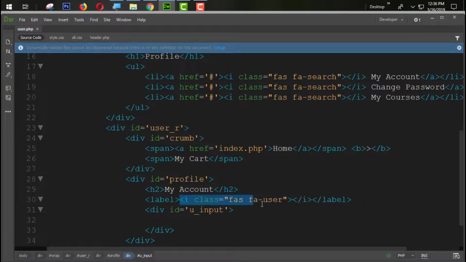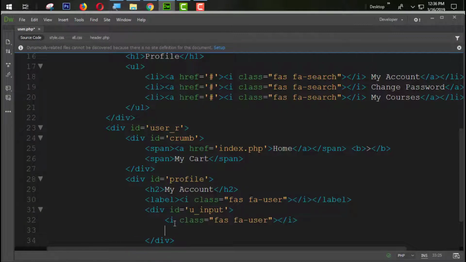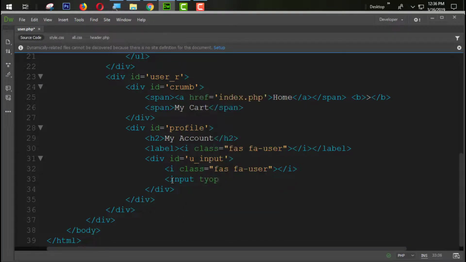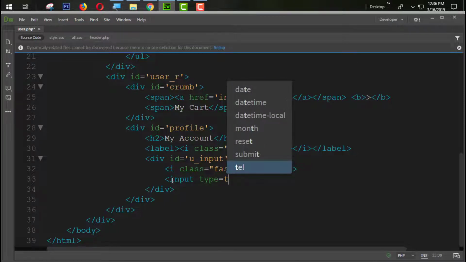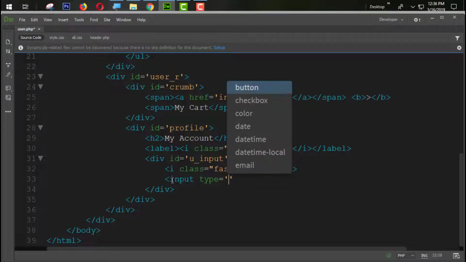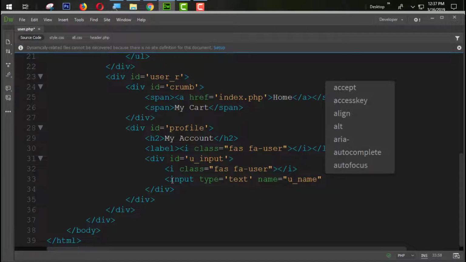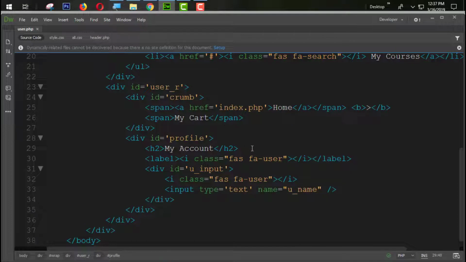And now inside that we need this one, and also we need an input type equal to text, name equal to uname. Oh yeah, we need this one inside the form tag,